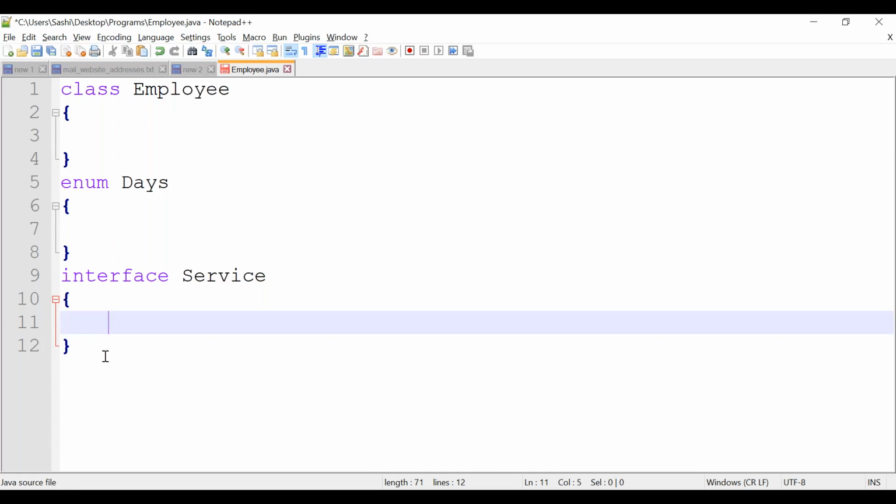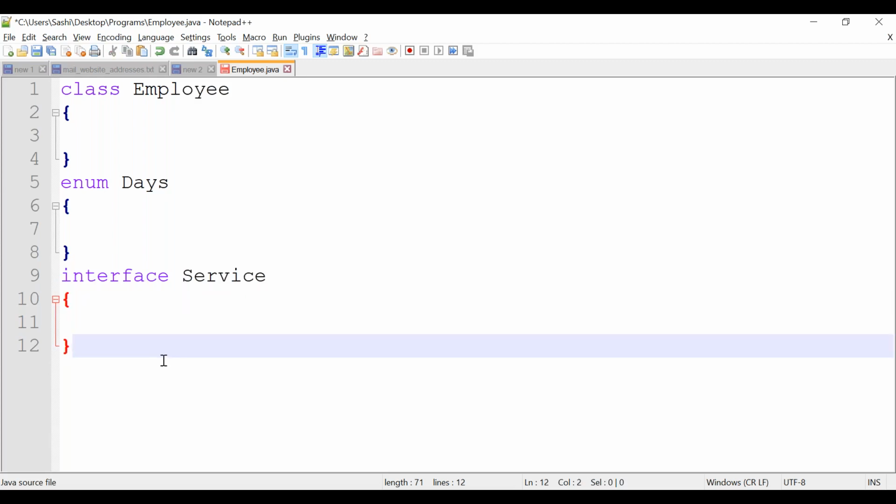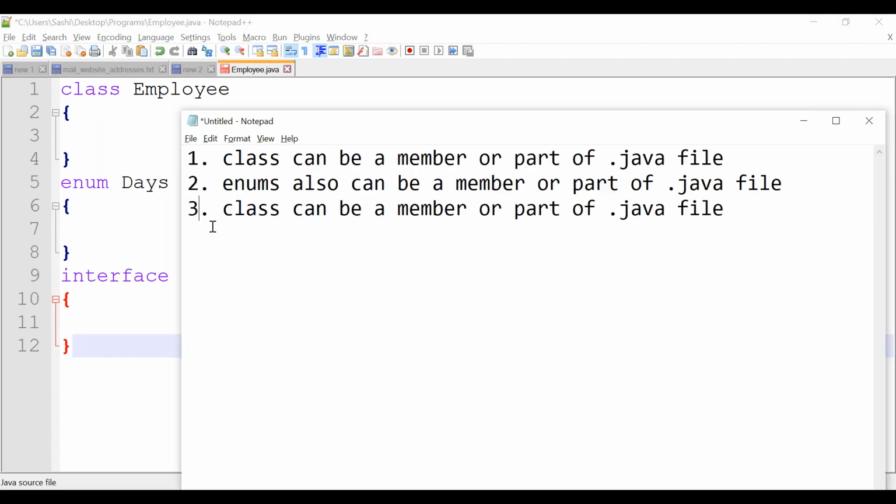Again, interface is one of the big topics we will cover in a future class. Not only interface, you can declare an abstract class also.